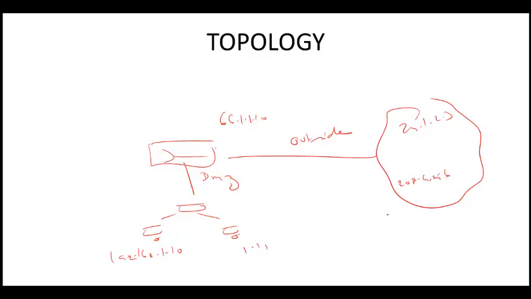Okay. Now, when we write the NAT rule, we will write like this. Server 1 is the source, right? When server 1 is the source, the source IP address is going to be 192.168.1.10. The source zone is going to be DMZ. That's the second question. And the third question is, what is your